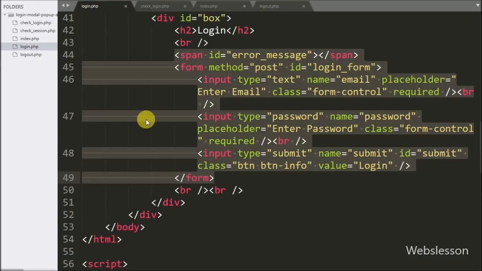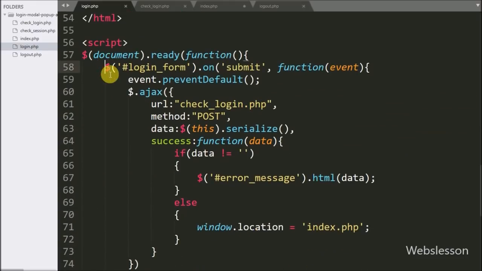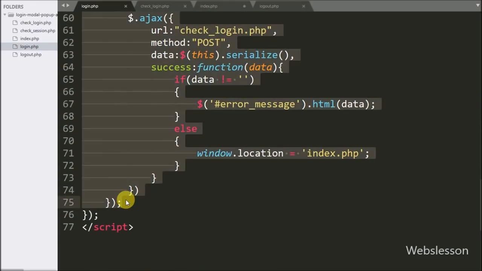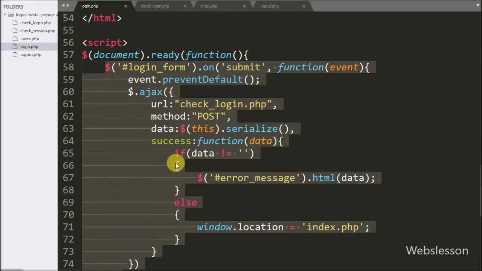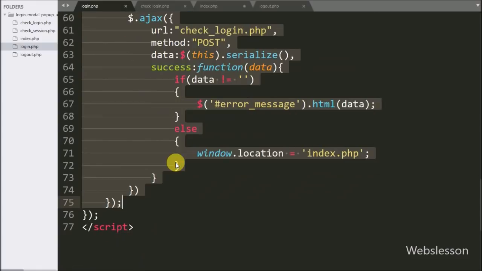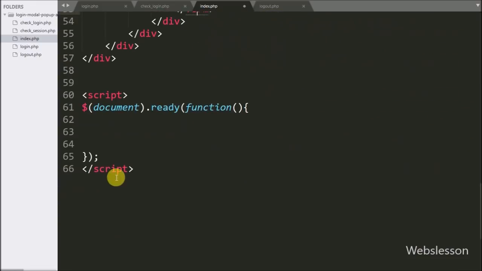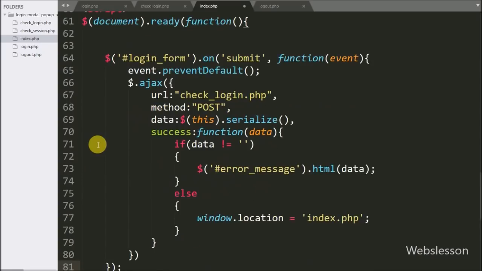After making the login modal box, first we want to write jQuery code to validate the login form using jQuery and Ajax. For this, we also go to login.php, copy this jQuery code, and paste it here in index.php, and in this code we write the location.reload method instead of window.location. This code will refresh this page. So here our login validation code is ready, and here also a request has been sent to the check_login.php page to